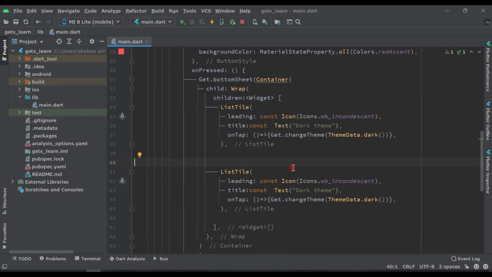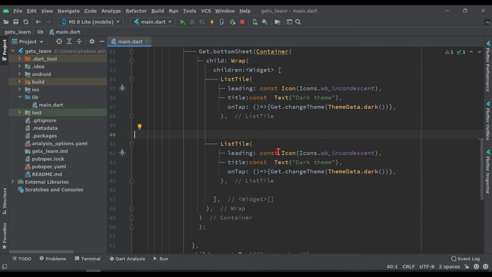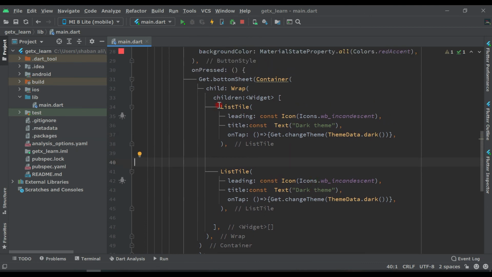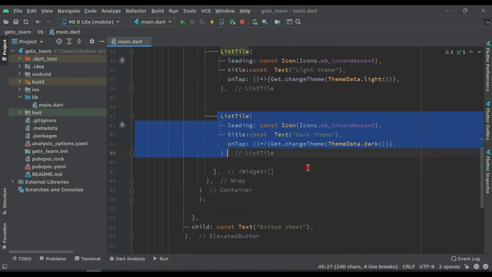We cut it all before, so don't copy. I'm sorry guys. We have to paste this two times, and we have to change this to dark, and here light, this one, and this is the light. Before I only cut and did not paste, sorry guys. So here we have this for light theme, and this is the style for dark theme.